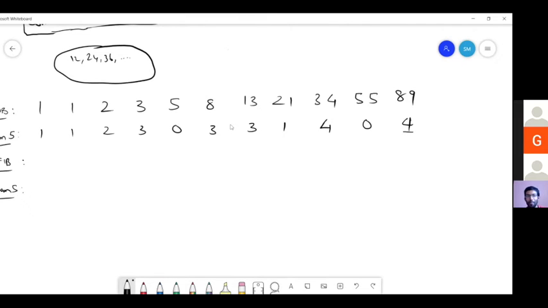Correct. Now Fibonacci numbers satisfy the property that a given number is the sum of the previous two. Will the same thing hold for the remainders also? That is a question. Meanwhile, a question to Gauri ma'am. You would have done this for a few numbers, right? What all numbers did you take? What all divisors did you take?